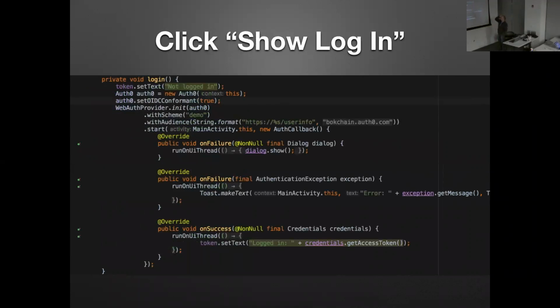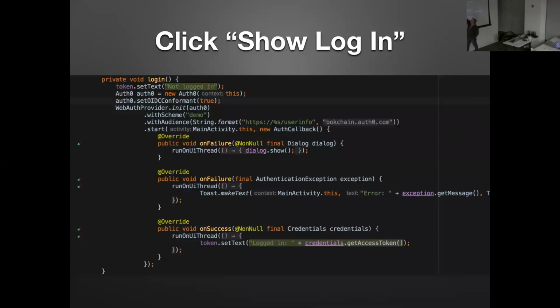Yeah. So you set the text, the token, this thing in purple, that token up there, that's the name of the text view at the bottom of the Android app. And then see the fourth line down, set OIDC conformant. There's a whole article that I learned that was new to me, but there's some conformancy that you can adhere to. I can show you the website for that. But that's optional. Usually it's false. Here they've set it to true. But really it's pretty simple. We create an Auth0 object, that third line, and then we have 3 different overrides once we've started.